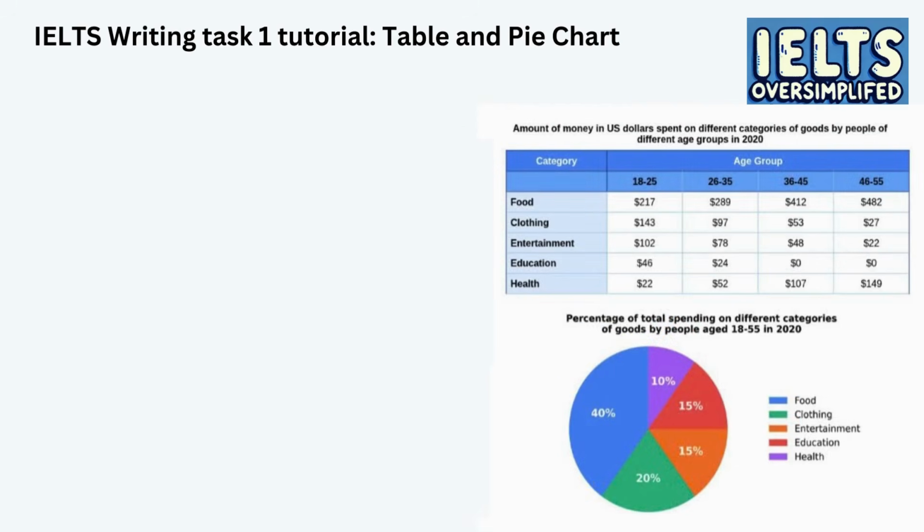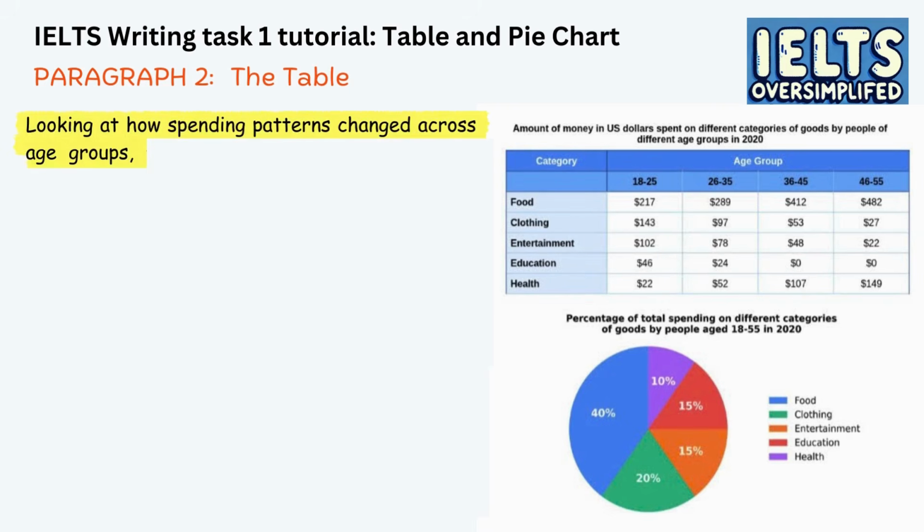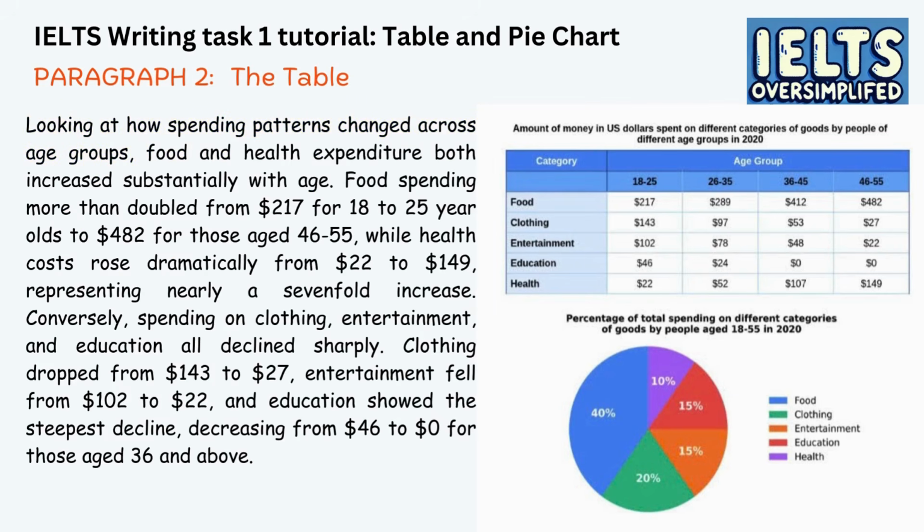Now moving on to our second body paragraph. Our second body paragraph covers the age-related trends from the table. Again, we start with a clear topic sentence, looking at how spending patterns changed across age groups. Here's the paragraph. Looking at how spending patterns changed across age groups, food and health expenditure both increased substantially with age. Food spending more than doubled from $217 for 18 to 25-year-olds to